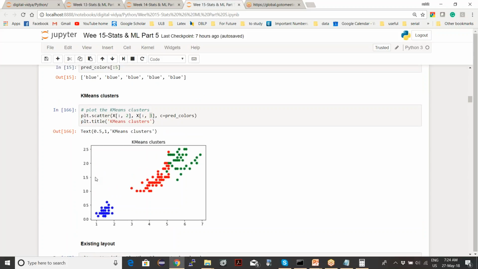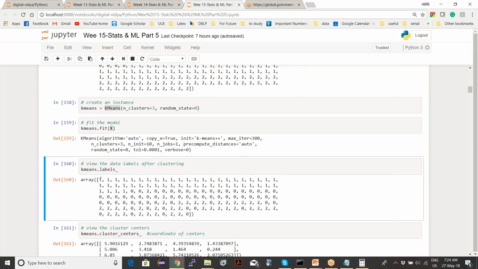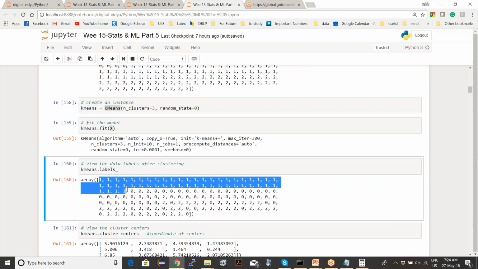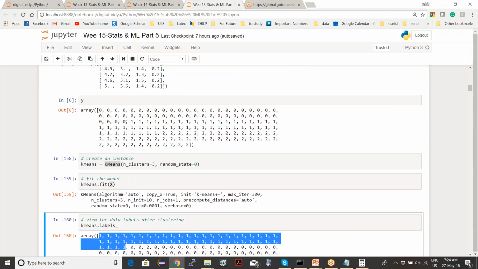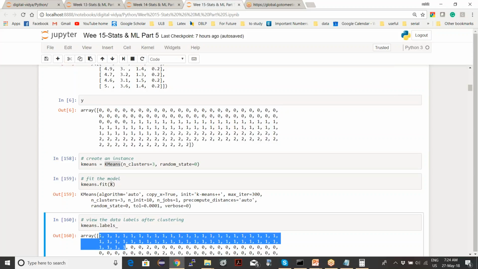So even if you see here, when we did k-means clustering, these all are assigned a group called group 1, which actually was 0. But it doesn't mean anything. 0 and 1 don't have any meaning. It just means an ID of the group. All this belongs to the same group. All this belongs to the same group.